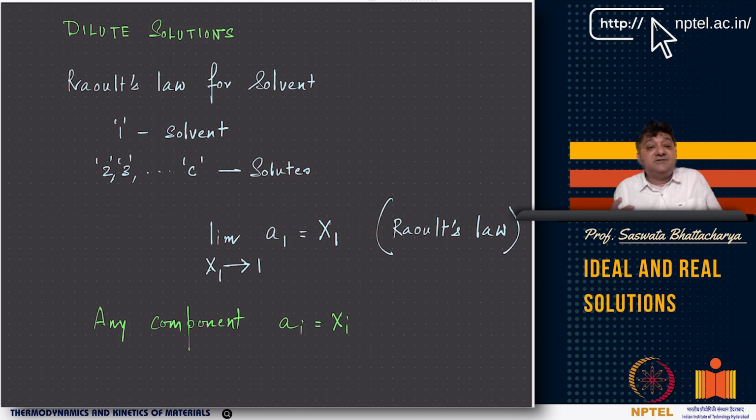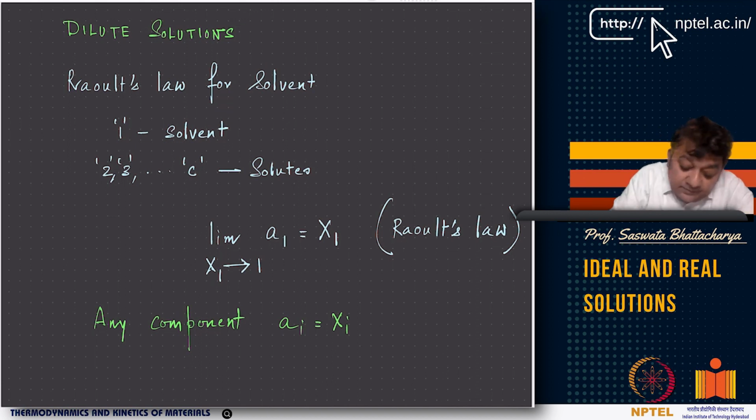Now I'll just come to a very interesting point here, which is dilute solutions. For example, here are these different laws that you can get. Raoult's law, this is Raoult's law for solvent. For dilute solutions, say I have a multi-component system where 1 is solvent, and 2, 3, and so on are all solutes. Now, if x1 tends to 1, that means the solvent is very, very large compared to 2, 3 and all the other solutes. So the solute concentration is very small. So x1 tends to 1.